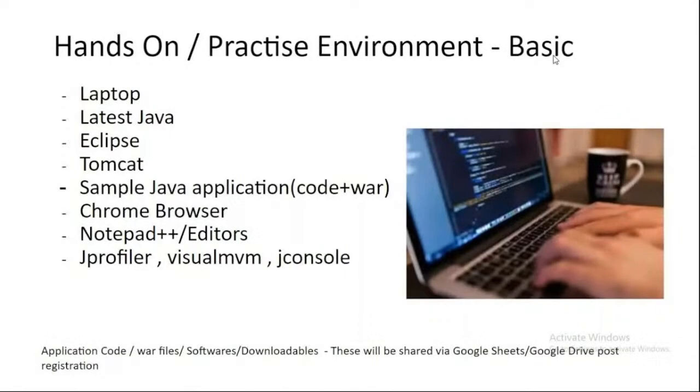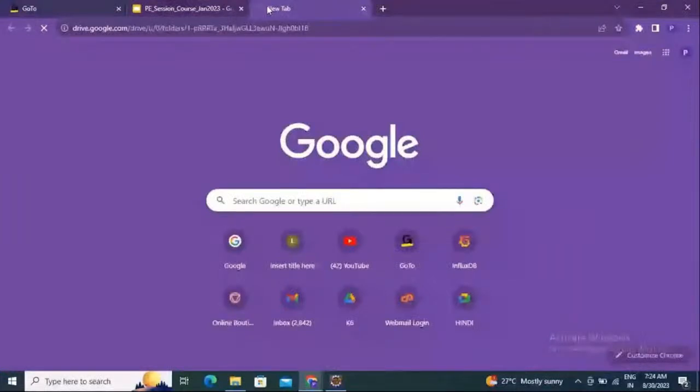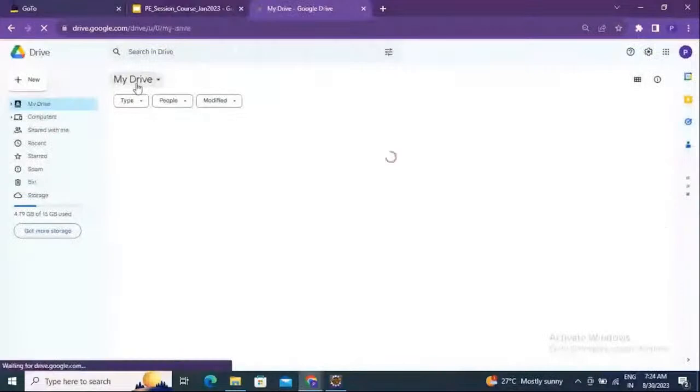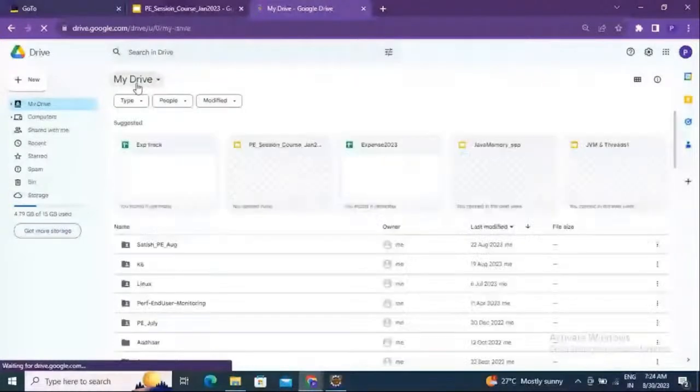As we move forward, for every topic I'll provide you the software which has to be installed and from where to install. We will have a Google Drive from where you can download all these softwares, or I'll probably provide a link from where you can download it. Either way, everything will be driven through this Google Drive. All the artifacts, the war file or code that we use, the JMeter scripts that we use, and all the documents that we create, response time analysis, memory analysis, thread analysis, all that we do is uploaded into the drive, which you